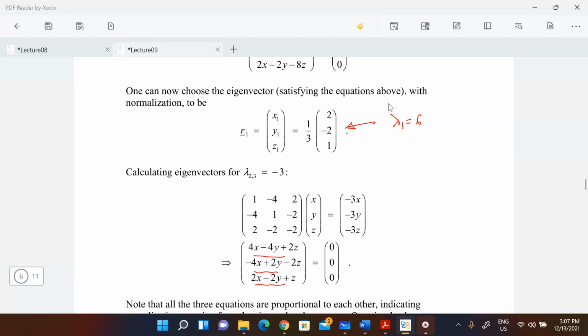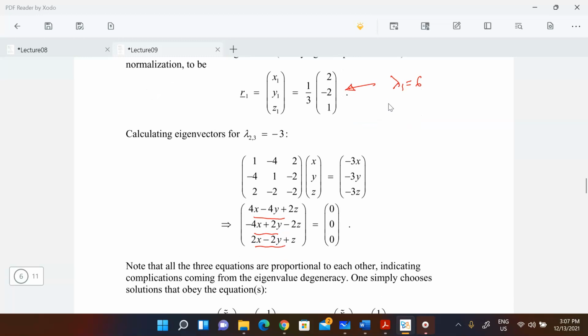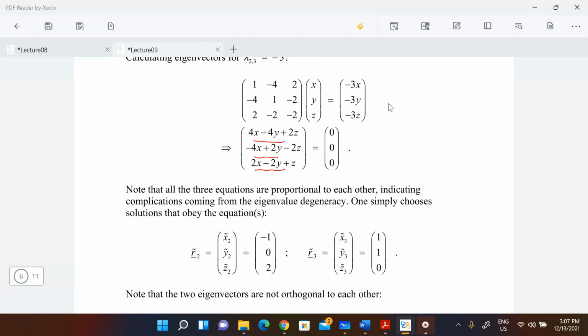So in other words, one needs a little creativity to see how to separate out. Remember that each eigenvalue, including the degenerate one, would supposedly give you one eigenvector. But remember what one can actually do. Since these equations are proportional to each other, we don't have enough equations to actually solve